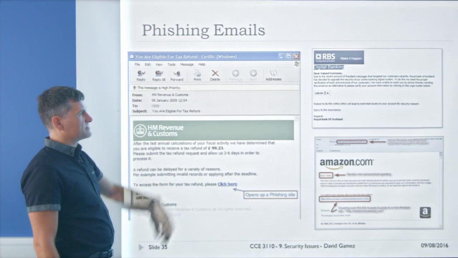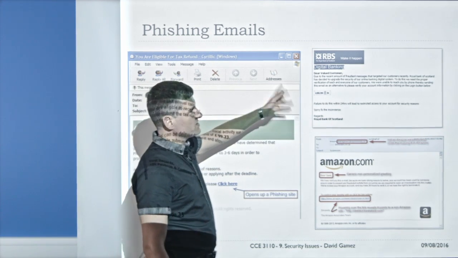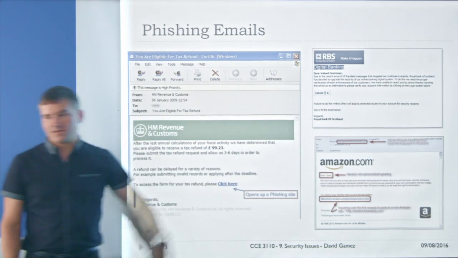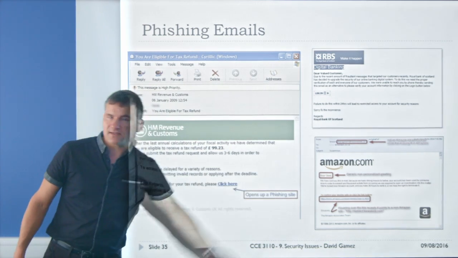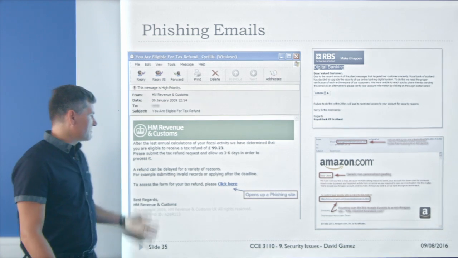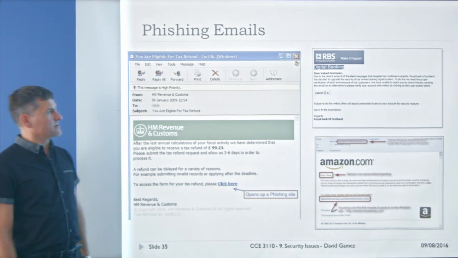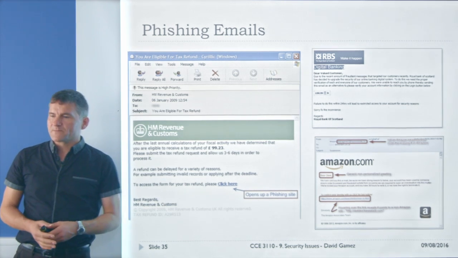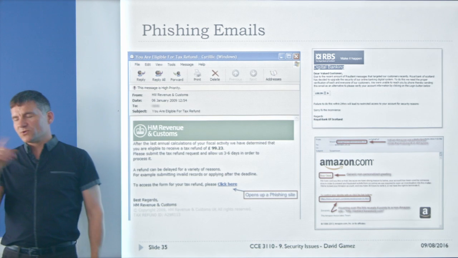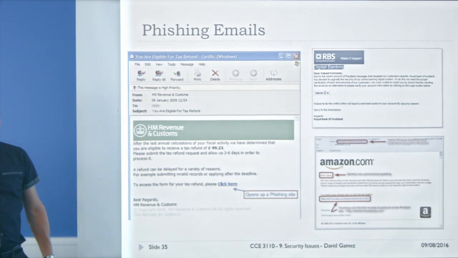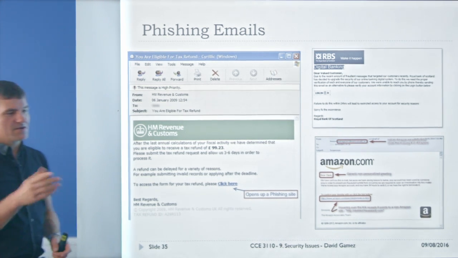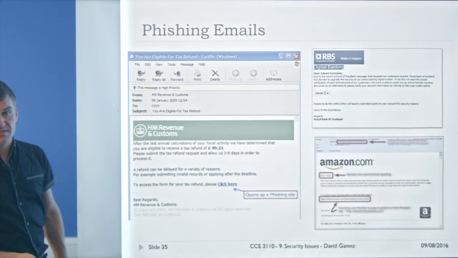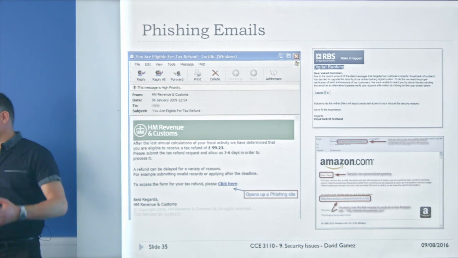You're eligible for a tax refund. Someone dodgy's getting into your account, log in here to confirm it. Or here's your invoice, for something you haven't bought, so you click to see that it's actually existed. Some of them are very clever. Some of them have got extremely bad spelling and grammar, so they're kind of obvious that they're bad. The links almost always give them away. If you look carefully at the link, it'll be like google.doggywebsite.org or something. So you see the Google and you might think it's okay, but then the .doggywebsite.org suggests that it's not okay, or it'll be hidden in some complex link.